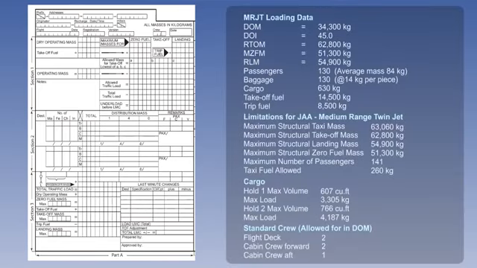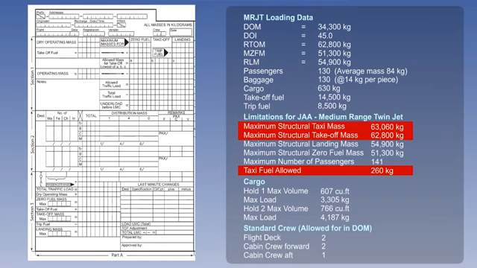Starting with Part A, with a given set of data on screen, we will work through an example to eventually establish the relevant centre of gravity positions in Part B. There is no provision to consider the maximum structural taxi mass in the load sheet, but as we learnt previously, it is a limitation. In this case, the taxi fuel allowed for is 260 kilograms, the difference between maximum structural takeoff mass, 62,800 kilograms, and maximum structural taxi mass,